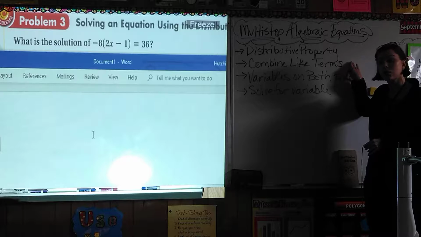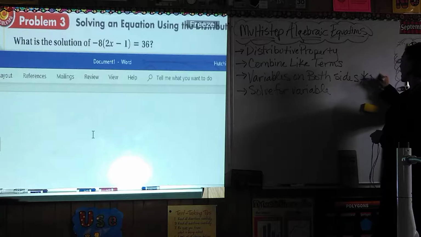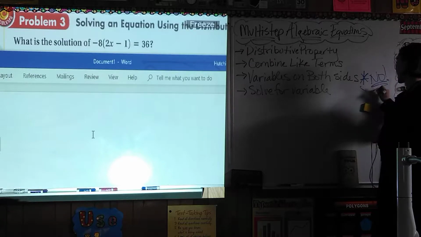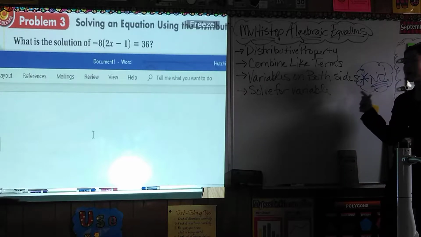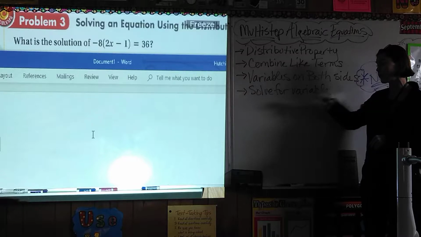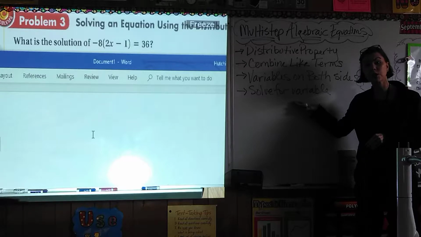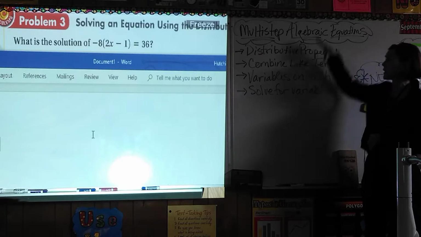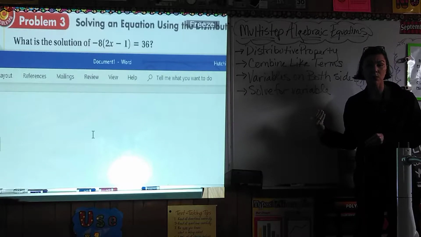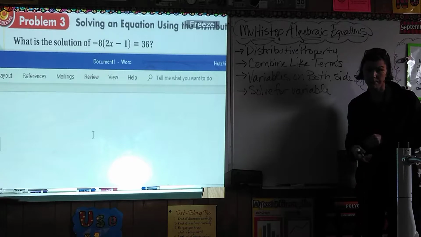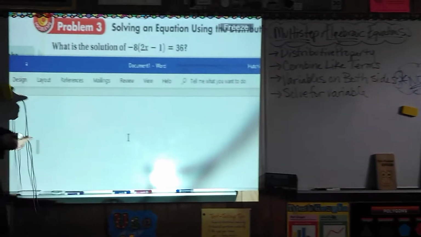After you've combined like terms, you need to see if there are variables on both sides of the equal sign. And what I'm going to let you know is you cannot have variables on both sides, and you would need to take care of that. And then finally, solving for the variable, okay? This is what you should have already written down in your notes before I started playing this video, but this is what you're going to follow every single time you solve a multi-step algebraic equation, and you will get it right every time, okay? So now we're going to come over to our first example that talks about step one,